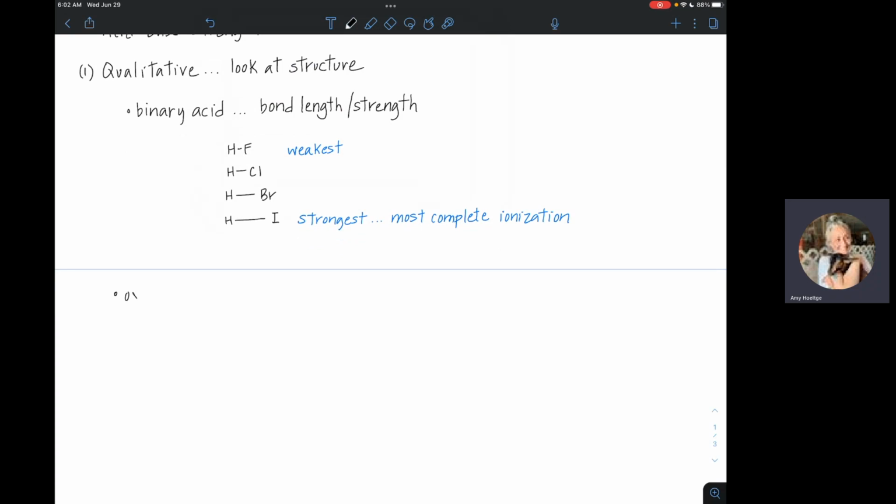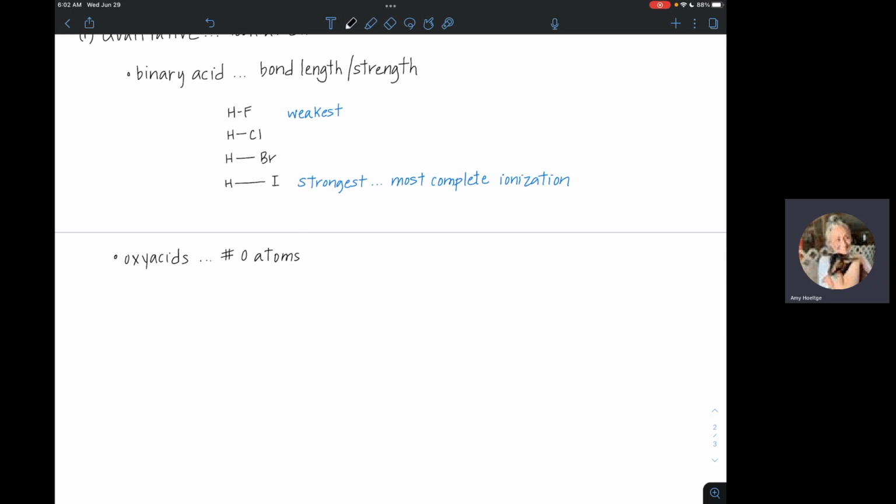For the oxyacids, we're not just going to look at structure, but also the number of oxygen atoms. Oxygen is a pretty electronegative element, which means it has a tendency to hang on to its valence electrons pretty fiercely. It's also kind of interested in somebody else's valence electrons. So if oxygen is sharing electrons in a covalent bond, it's basically going to be hogging them,